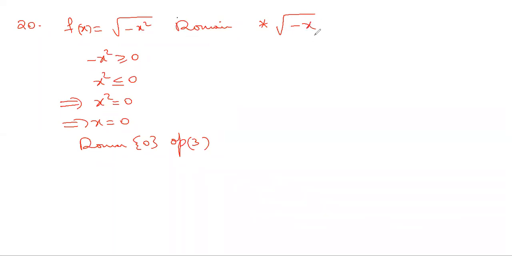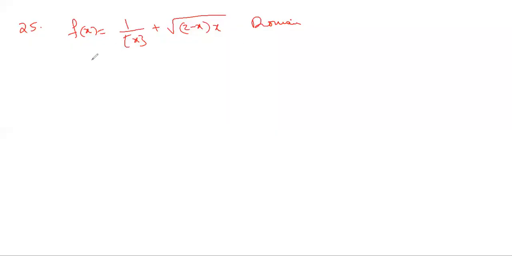See here the domain, if suppose this is the question, minus x should be greater than or equal to 0. So x should be less than or equal to 0. So x belongs to minus infinity to 0 closed will be the answer, in case minus x is given. Because x can be negative also, so that minus x can be positive. But here x square can never be negative. That's why minus x positive possibility is not there. So the only possibility is that minus x square should be 0. Right?